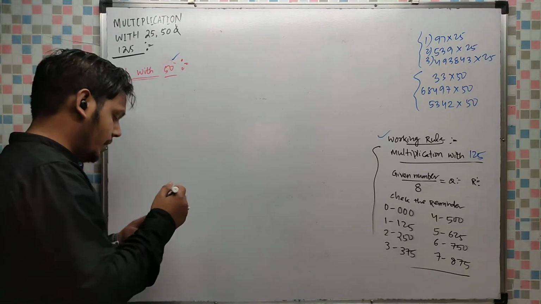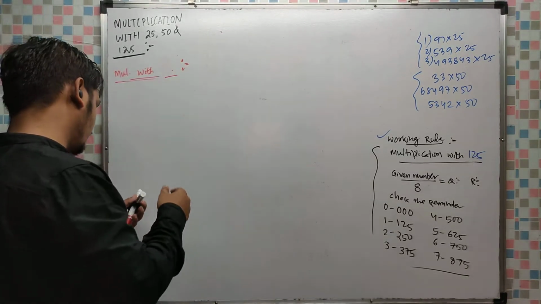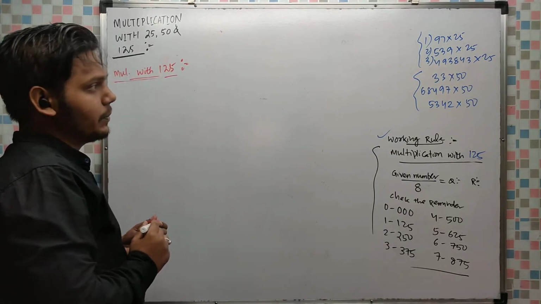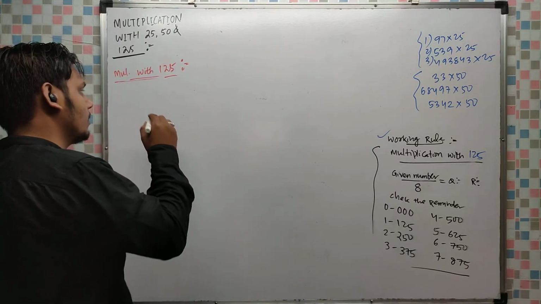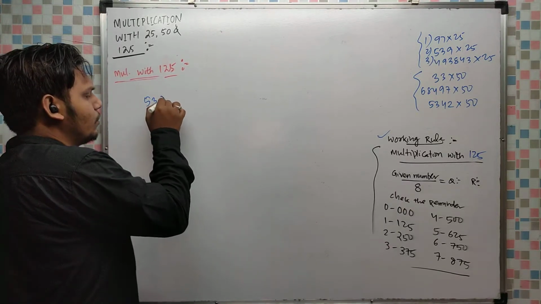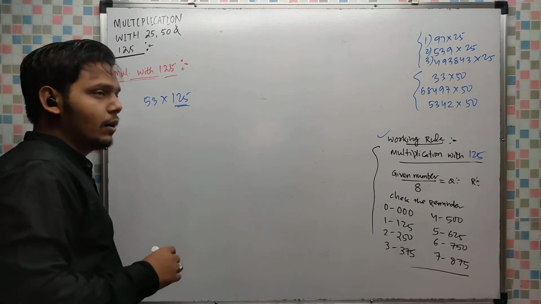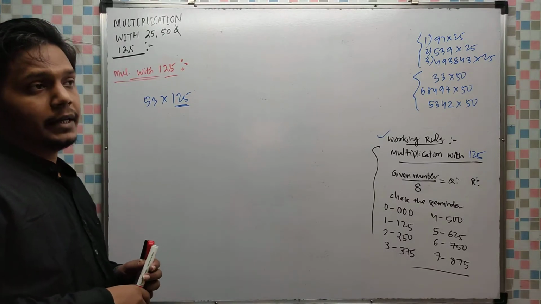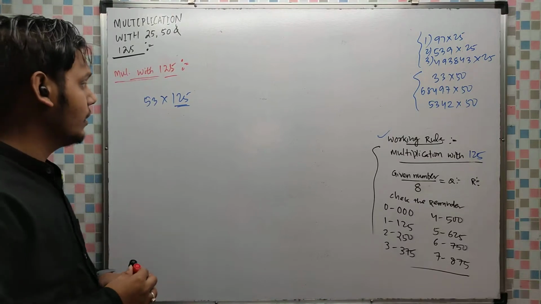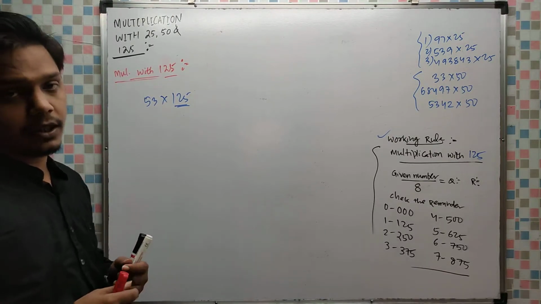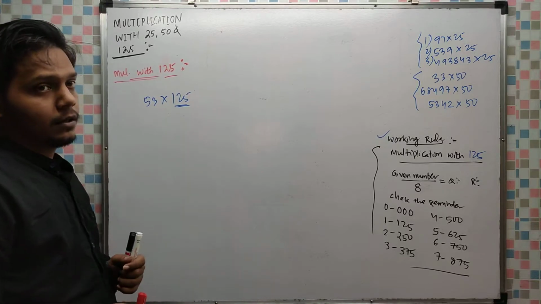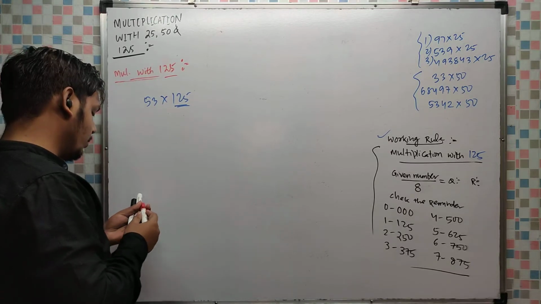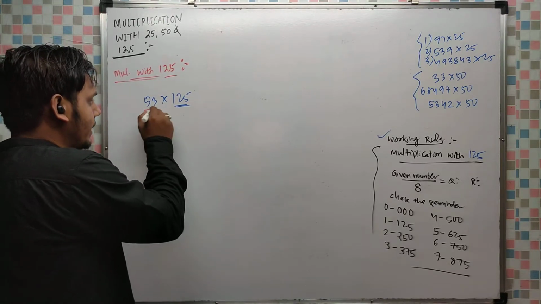Okay, so here also it is 125. Any number multiplied with 125, suppose 53 into 125. See, 8 number of 125s constitute 1000, or if you add 125 eight times, you will get 1000. So we have to see how many 8s are coming, which means how many 125s are coming in 8s. So you have to divide the given number by 8.